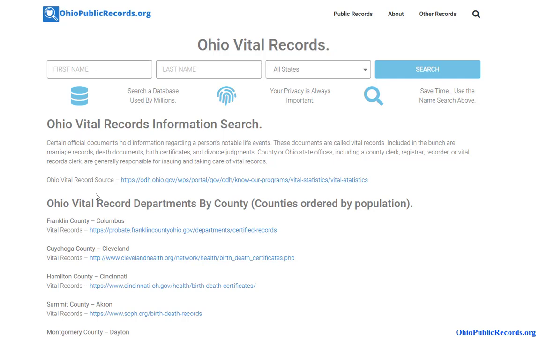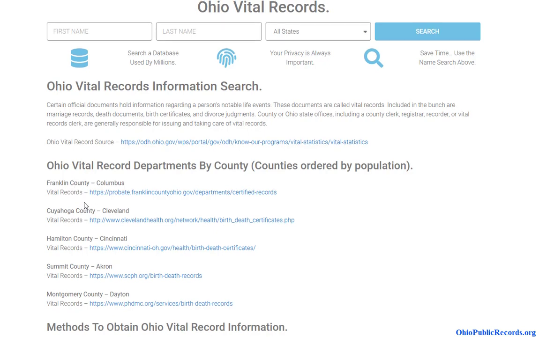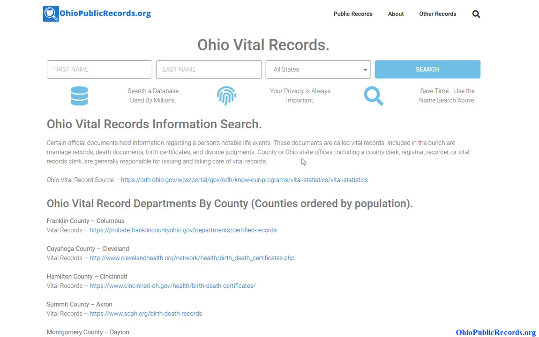All of these links include a statewide link, and you also have local county resources that you're able to use to obtain these certified copies. Now, the general public doesn't have access to these copies, but if you are looking for vital record information, let's say you're dating a person and you wanted to find out if they had a divorce,